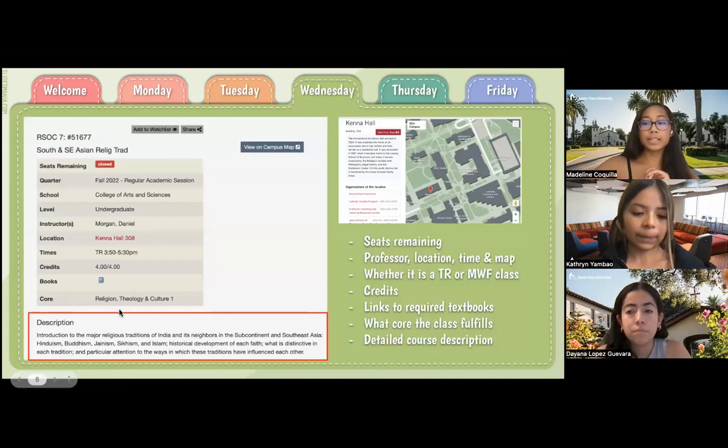And once you click on the class, it'll bring you to the course description page, where it shows you seats remaining, professor, location, time, and most importantly, the map. As you can see here, I clicked on the Kenna Hall 308, and it gives me this little map on the right here, as well as a little pinpoint to where